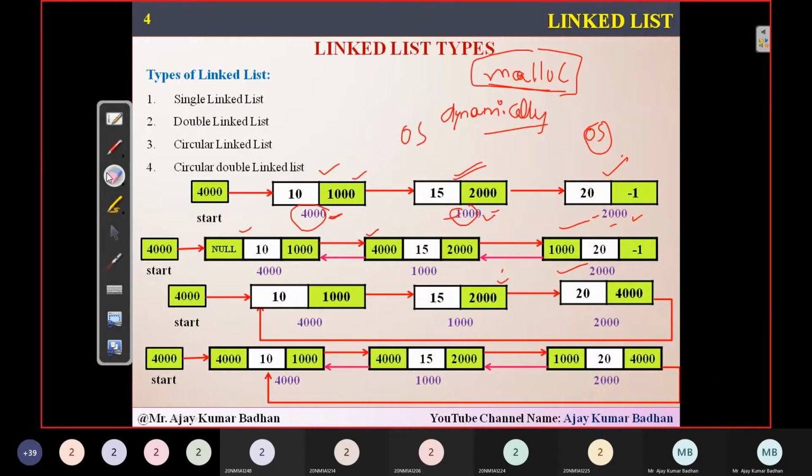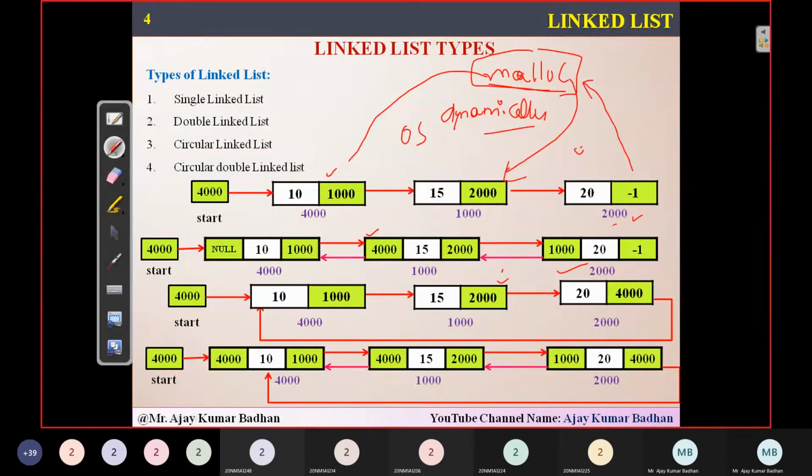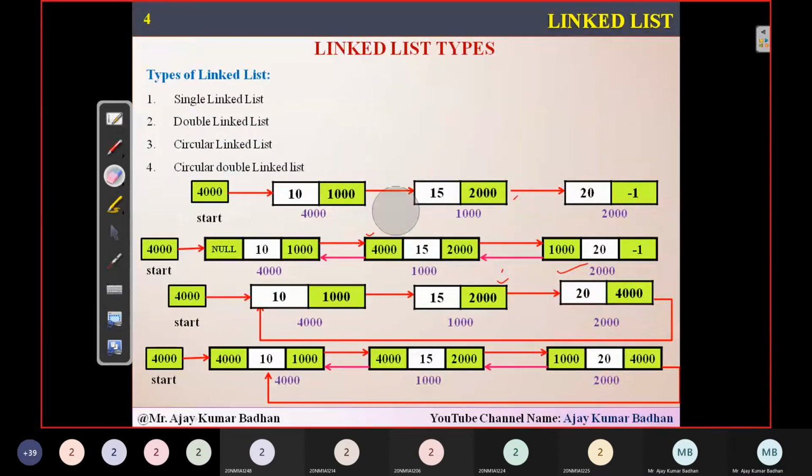So the operating system will be assigning values like 4000, 1000, 2000, depending upon the system you are using. Some people might be using Dell, some might be using Lenovo, some people might be using HP. Based upon the laptop you are using and its architecture, the addressing will keep changing.